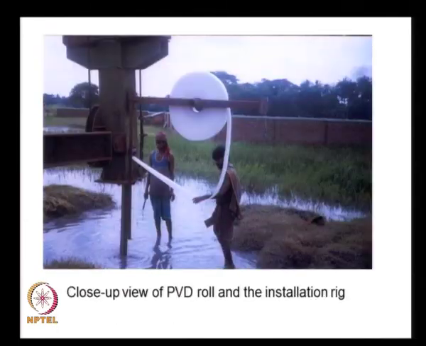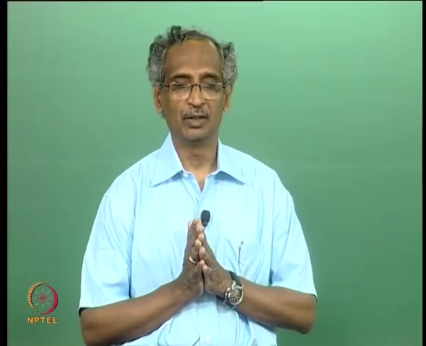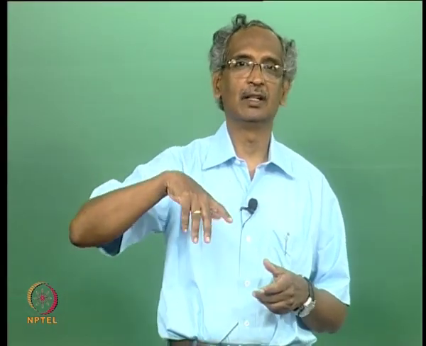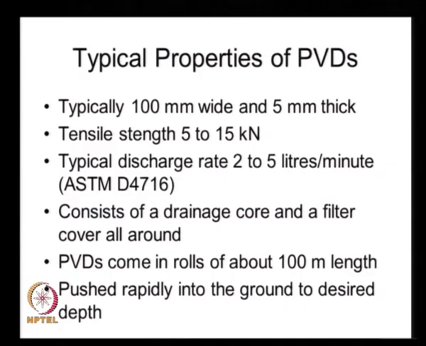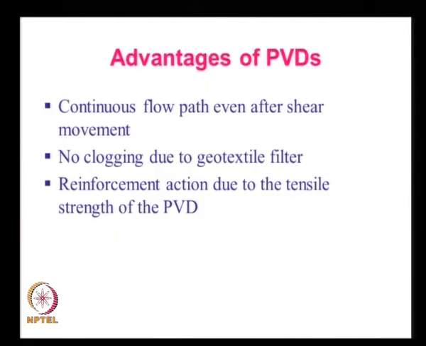And the ASTM 4716 code for testing of the PVDs also has a provision that these permeability tests should be done at a very high pressure, and also by simulating the kinking. The kinking is the bending of the PVD because of internal deformations, and these discharge rates are the worst case discharge rates under very high pressure and with some amount of kinking. So, because of all these reasons, the flow through the PVD does not stop even if there is some deformation